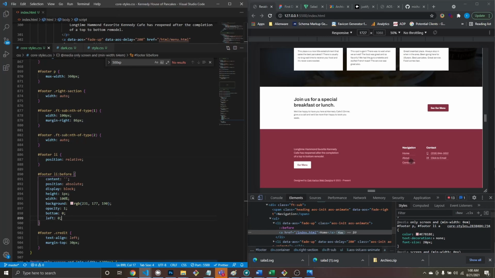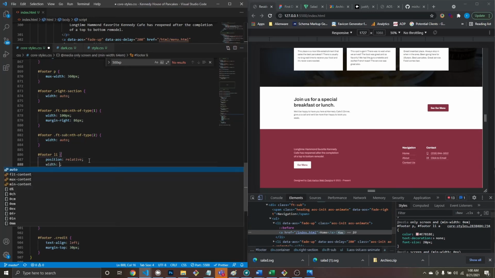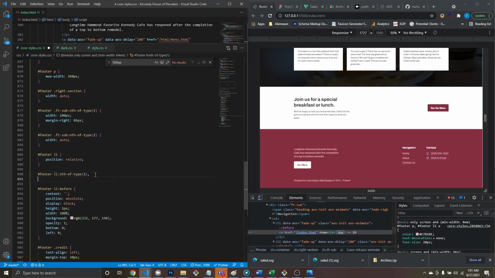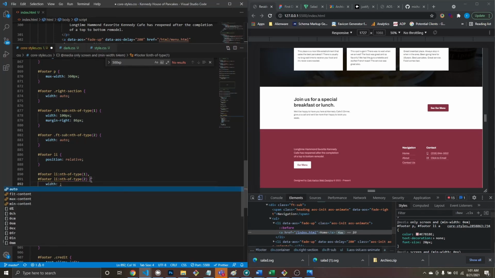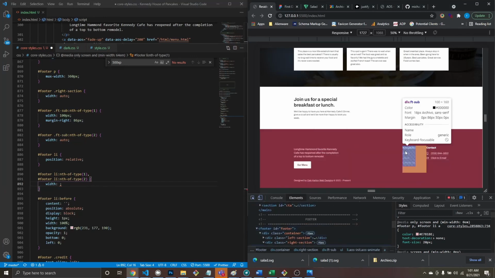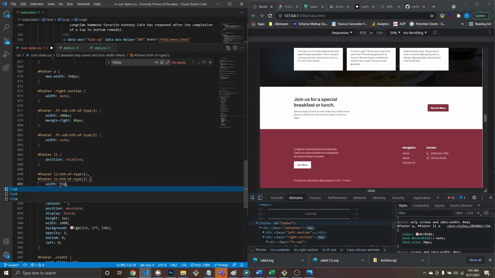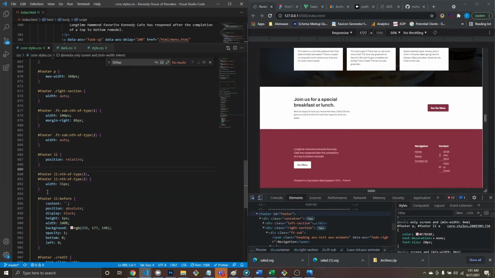But these two have to be shorter. Unless I do width of auto. No. So I need li, I just need to adjust them. So li nth of type 1. And let's copy this. nth of type 2. So I want this width to be, how big is this? So this is 100. Let's do 55. Okay, that's also touching those. So I need it to be